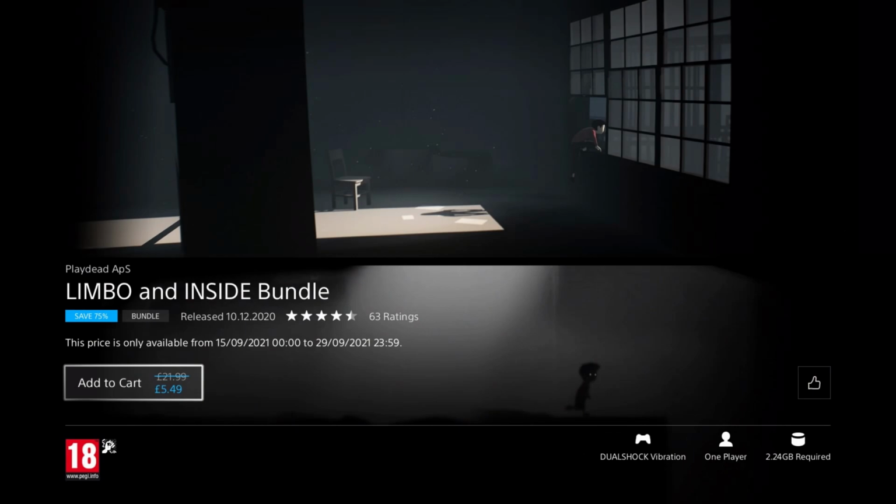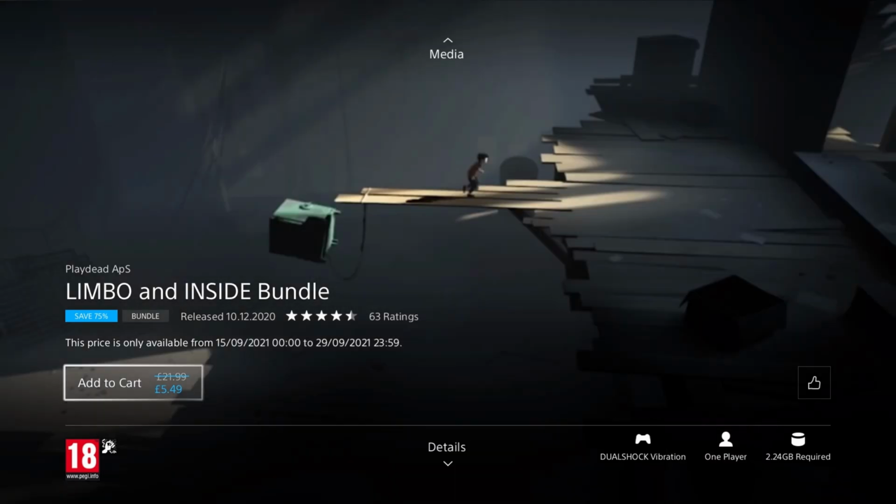Next we have the Limbo and Inside bundle. It was released in 2020, so it's only a year old, but one of the games is much older than that really, and it's on a 75% discount for the price of £5.49, which is really good for 2 critically